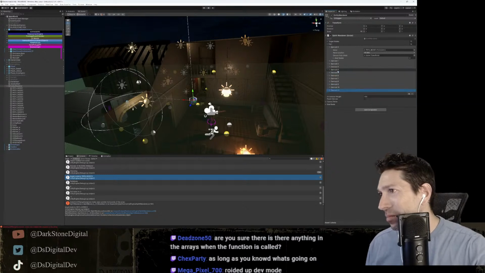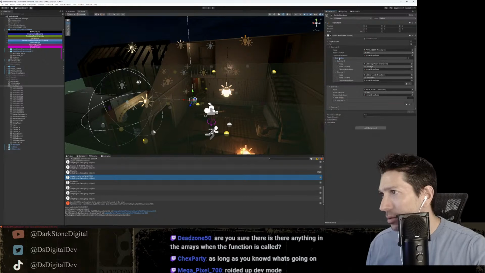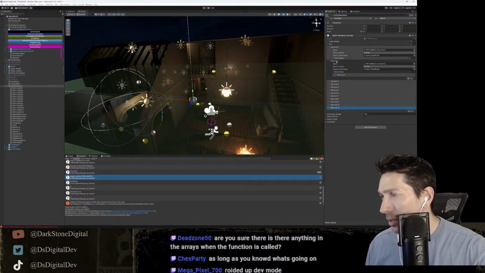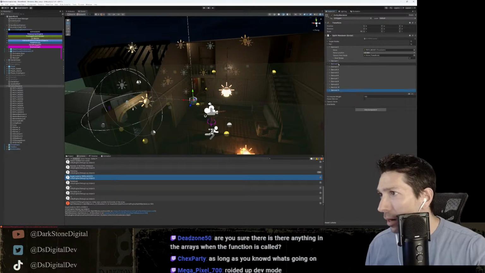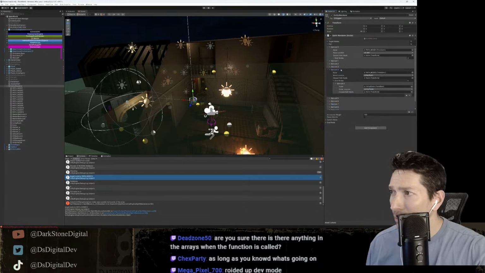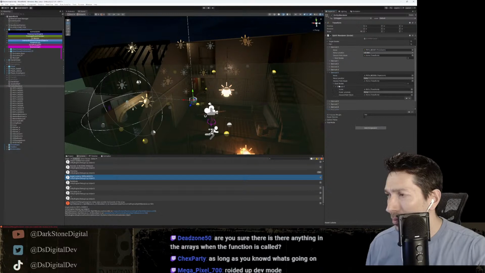A and B. I just had B in there twice. Just make sure we got the goal nodes. Because to Dead Zone's question, while these are not going to be null because I had to manually add them, they could be duplicates, in which case it would still return null because it would not find the same goal.